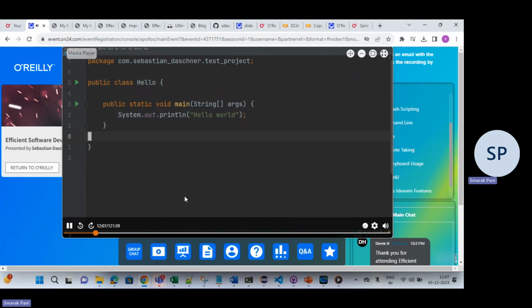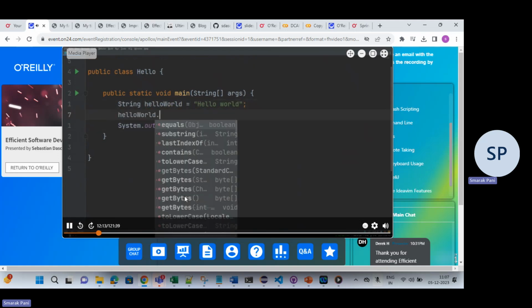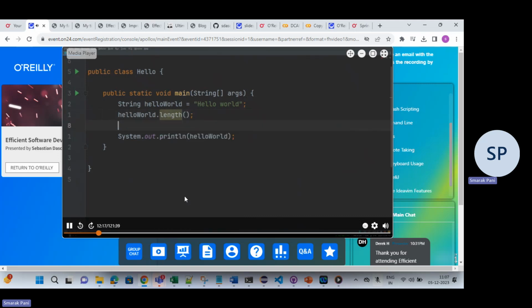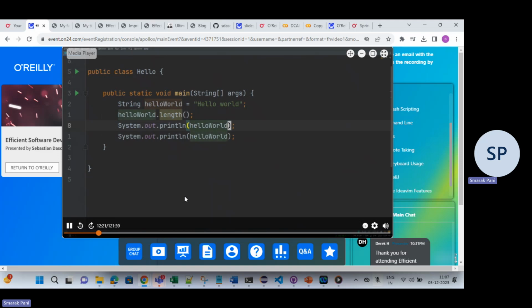This is especially interesting if I have some variable. Let's introduce some variable, and then I have something like size, length. This doesn't really make sense, but it's just to invoke some methods. And I would like to print this twice. Now, if I'm going to rename that variable, you will see, of course, that it changes the variable in all the parts, which makes much more sense than changing it myself here.